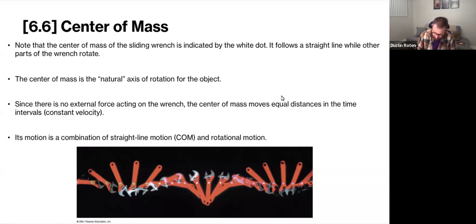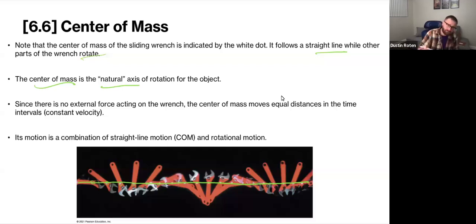You'll notice that it actually follows a very straight line while the whole rest of the wrench is rotating. So the center of mass is the natural axis of rotation for this object. If you throw a wrench, it's going to naturally spin around its center of mass, right? So the center of mass is going to be a dead straight line, but the whole rest of the object is going to rotate